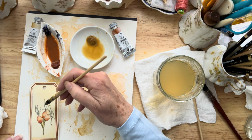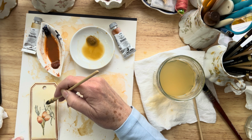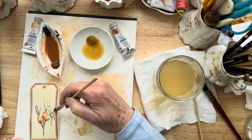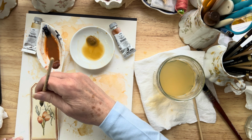I'm happy with it. You can see I got a little bit of variation here. This is a really light dry line here, but that doesn't bother me at all. I think it just makes it look a little bit more interesting. We always want to embrace imperfection a little bit,